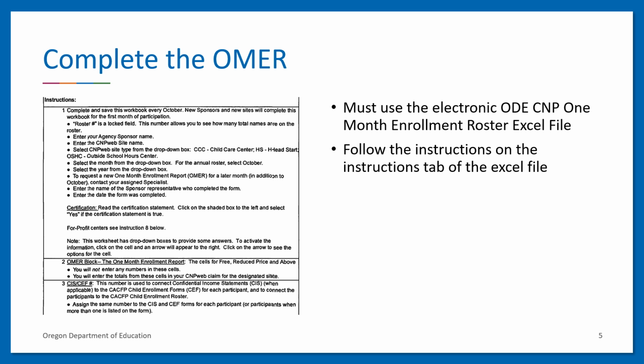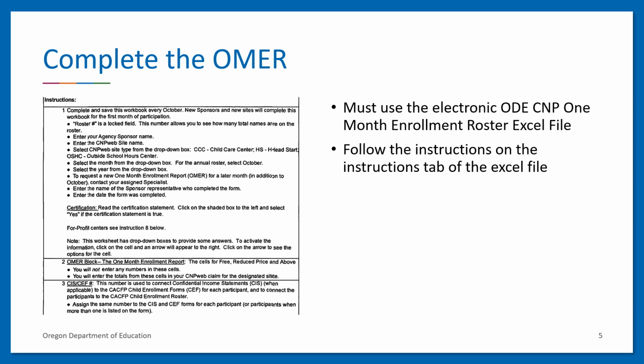Sponsors must use the electronic ODE-CMP 1-month enrollment roster Excel file and fill it out electronically. Please do not print the document and fill it out. The Excel file has notifications built in to show you potential entry errors and will calculate numbers for you automatically in necessary areas. There are step-by-step instructions on the Instructions tab of the Excel file that should be followed while